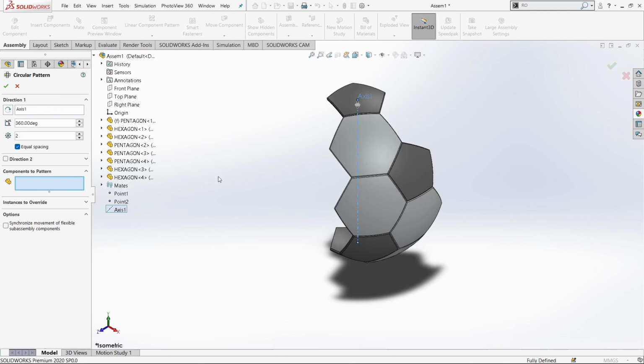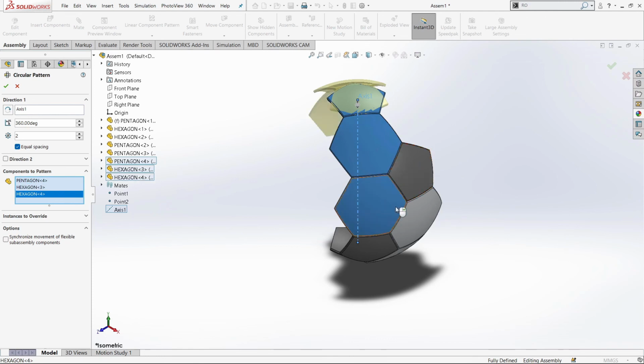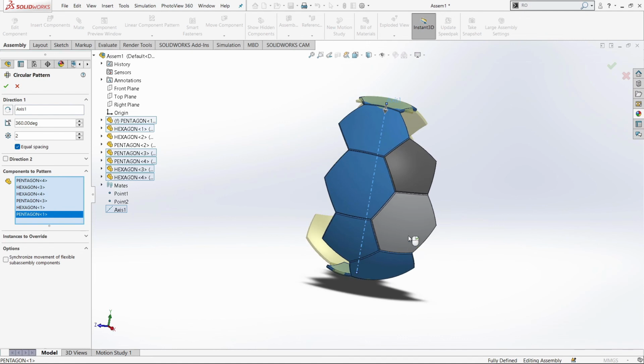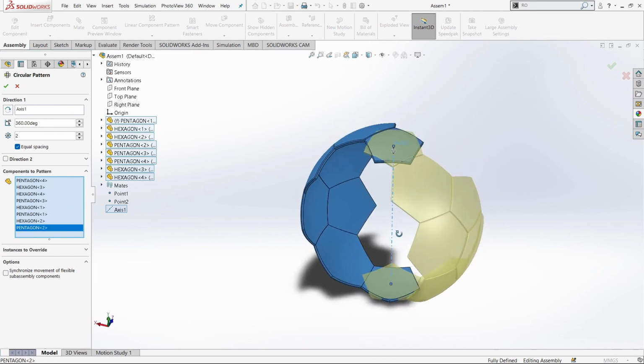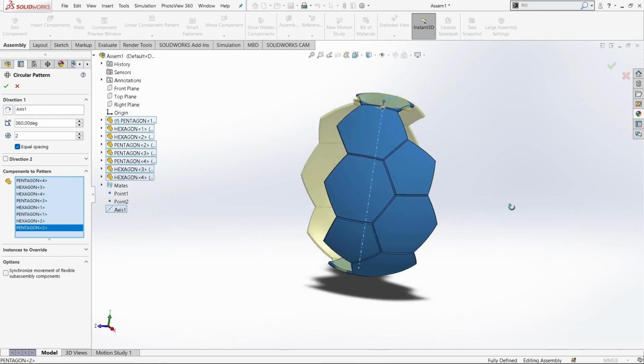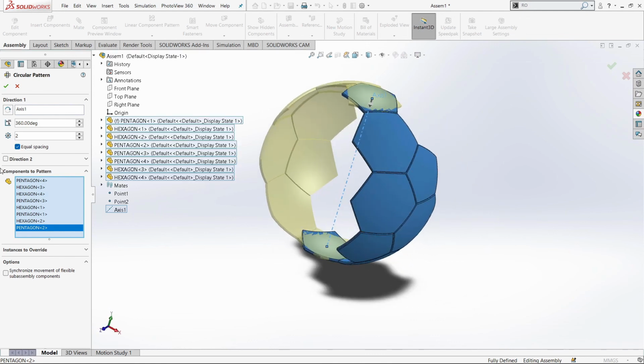What will be my objects? This one, this one, this one, this one, all. As you can see. Now what we're going to do is,